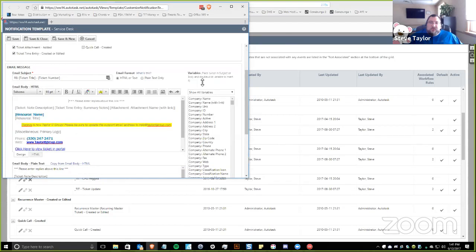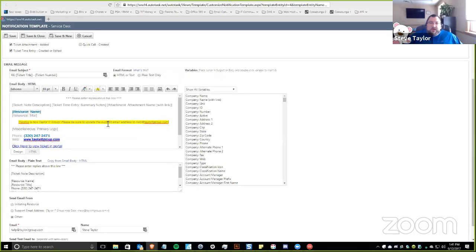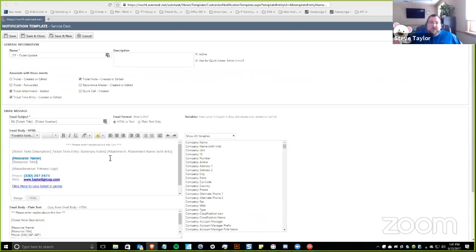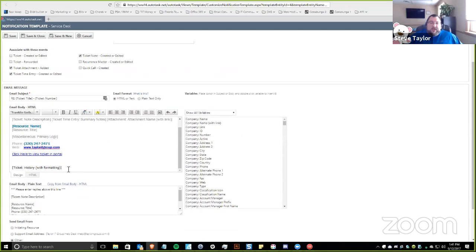So this is what a ticket update looks like now. And it's been long enough, I think I can get rid of that. So it's got the note description, the time entry summary notes, and the attachment link. I put all of those in there literally so that regardless of what I'm using this template for, if it's a note, they get the description of the note, which is the body, not the title. All of my note titles, I just put note because I don't care what the title says. If it's a time entry, they get the summary notes, and if it's an attachment, they get the attachment name with a link. And then down at the bottom, I've also got the ticket history with formatting,